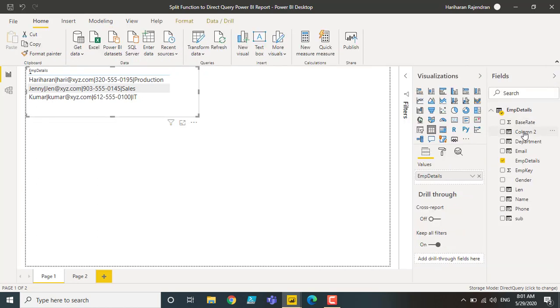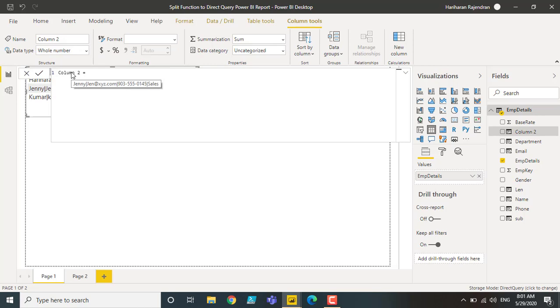Created a new column, so let me choose a column, and I'm going to pass the same function that we used on the import mode report. Let me say this column. This particular DAX function will give us the email ID as the value. Right. So here you can see it is showing an error message: PATHITEM is not a function.